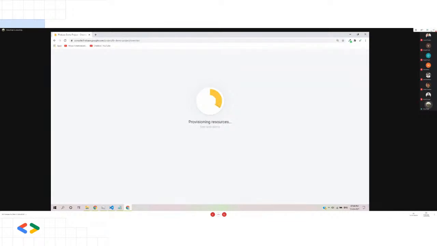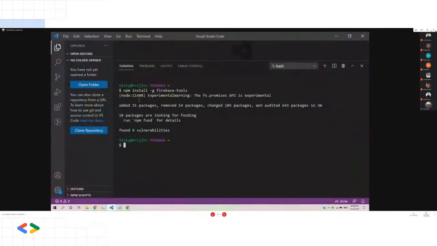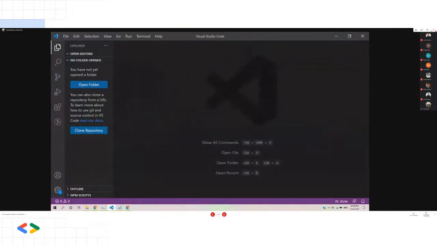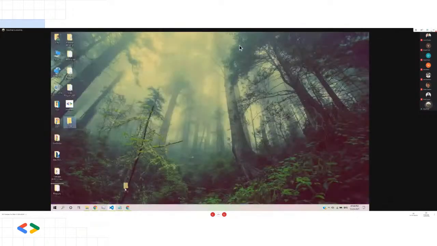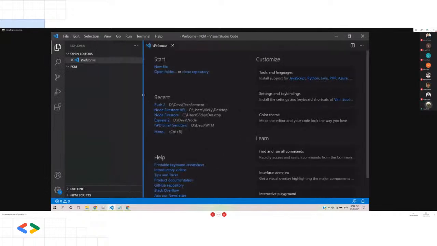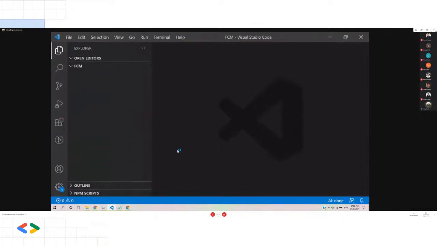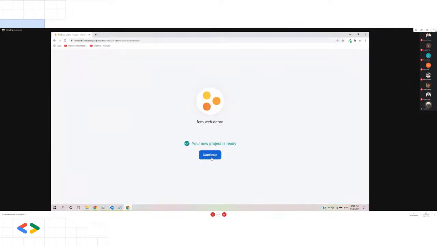In the meantime, on the desktop, I have created a folder, and I can open this folder in my VS Code editor. So here I'll drag this folder and drop it here. Okay, my VS Code editor is ready, and I have already installed the Firebase CLI so that we can go for Firebase hosting. So we'll wait for my Firebase project. My Firebase project is ready,